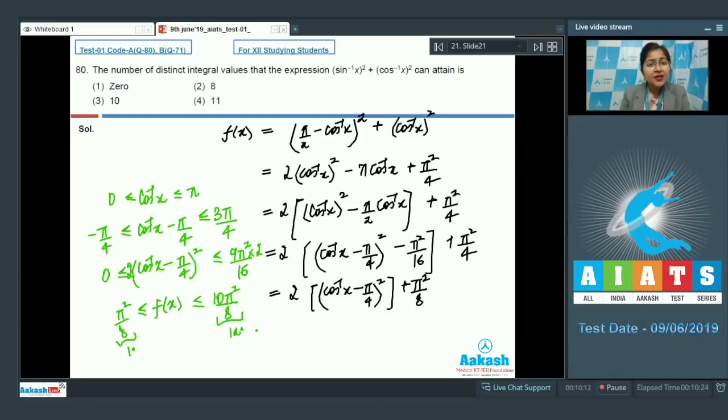So the integral values that it can take are 2, 3, 4 and so on up till 12, which means that in total we have 11 integral values. So the answer will be option number